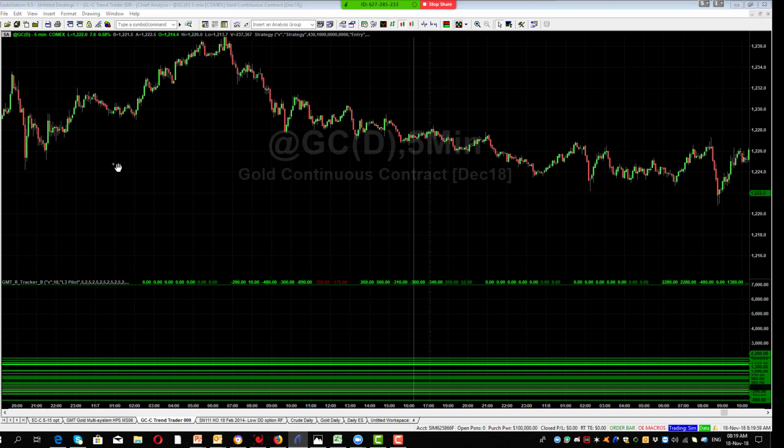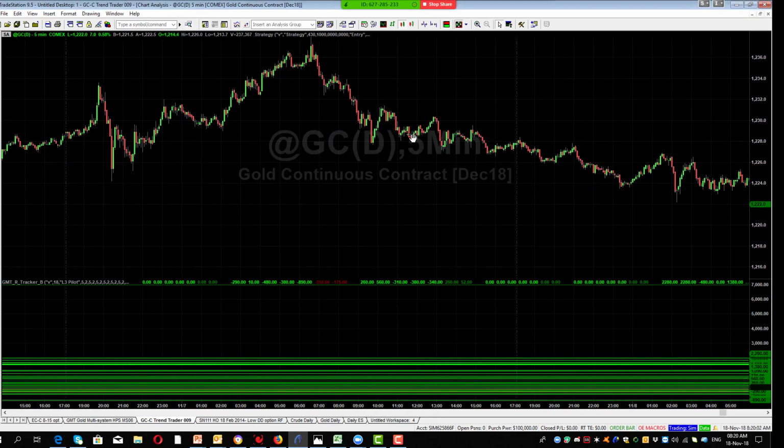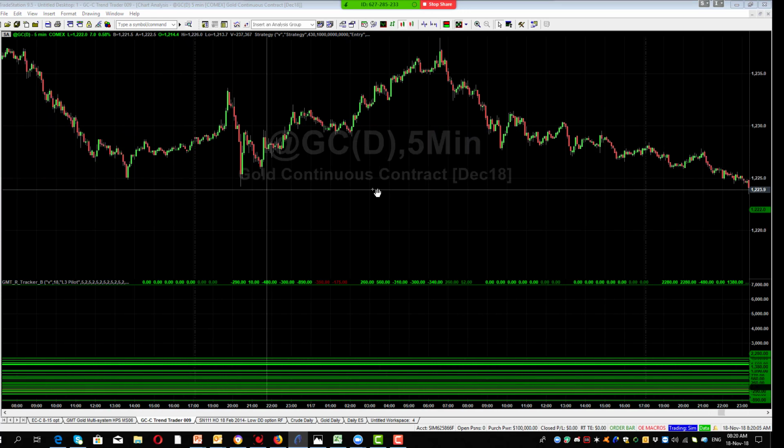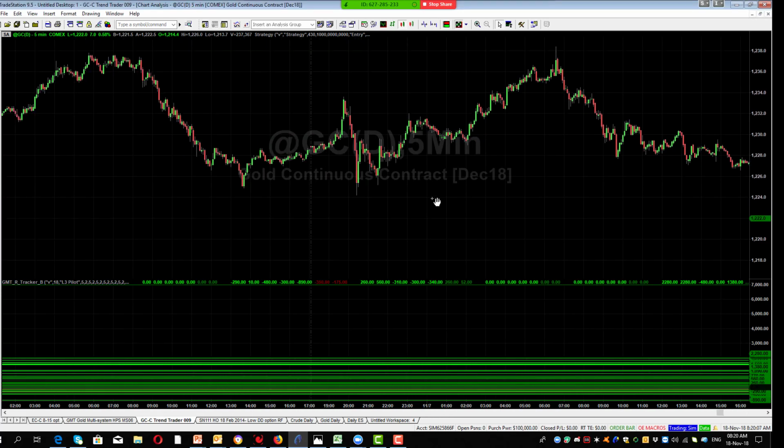But what we see a lot too is that we see the market either rally or sell off, and then a strong push back into the other direction. So it's almost a case of trying to get some balance for the day and resetting itself. There's some interesting information on days of the week as well, which I'm going to talk about next week. I'm going to do a little bit more research on that. On some of the information that Greg sent through, there's some interesting data on what are the strongest days of the week for gold, and Friday appears to be a very, very strong trading day. So we'll have a look a little bit more at that in our next session.